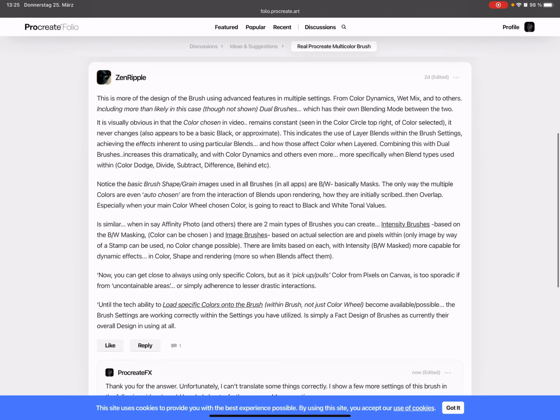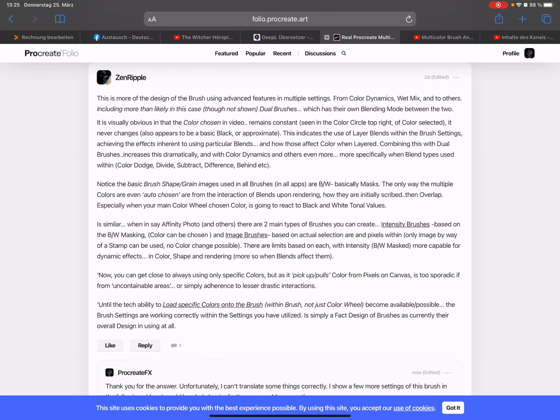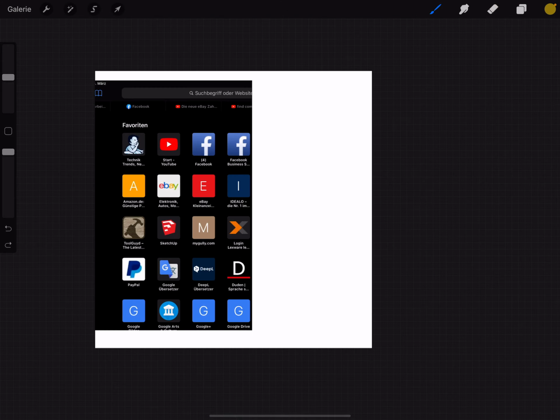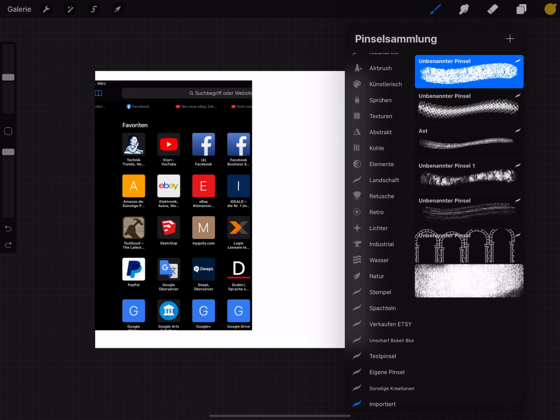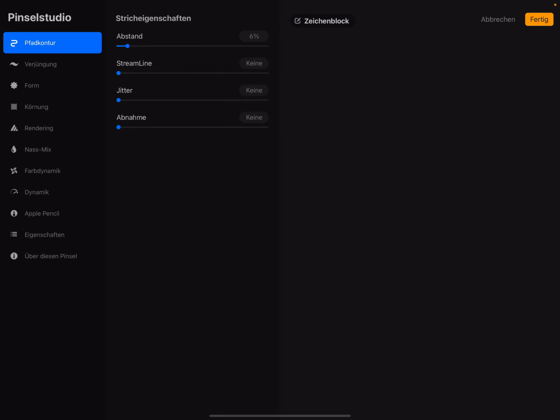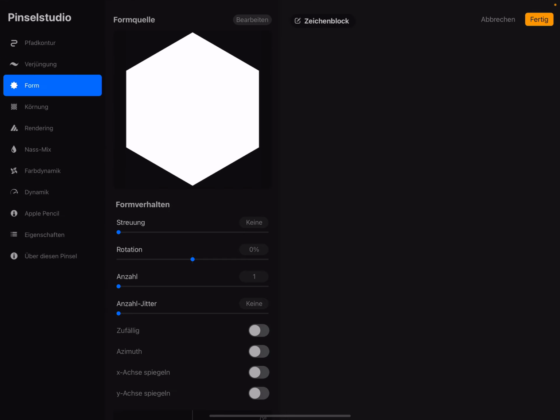I show you some things in the brush settings. Not all, but some things. It's nothing but about the... Okay, I created a new brush with the settings. I show you.